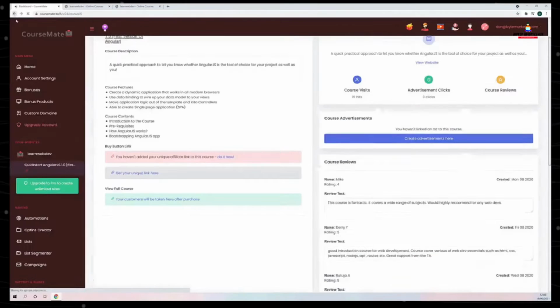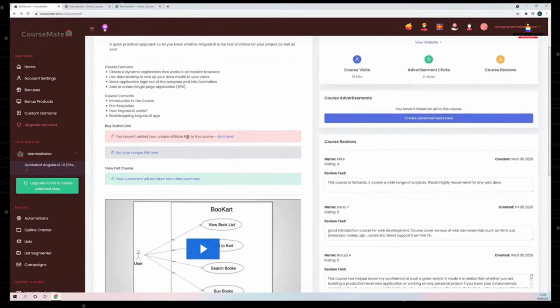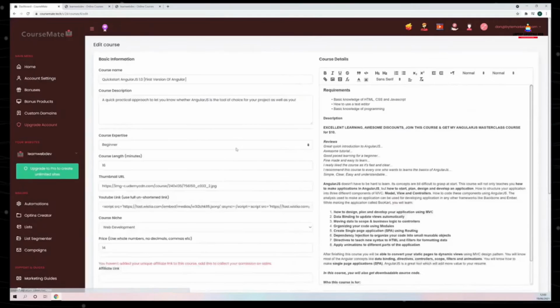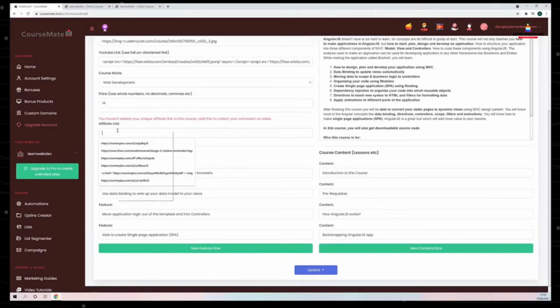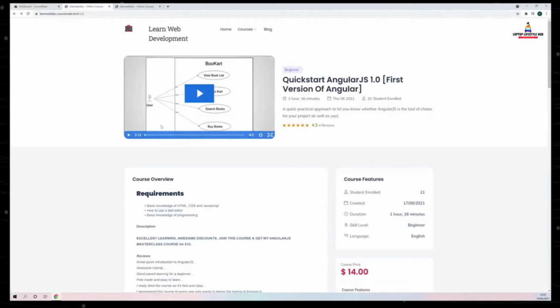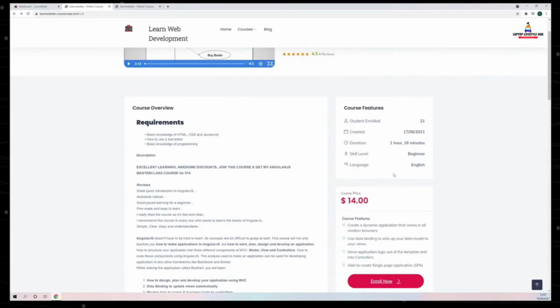Then we head back, and incidentally, you are auto-approved at 100% commissions, so you get 100% of the commissions anytime someone buys. Then all we need to do is go and add our link in. So we go and add it in here. So we paste it in here. This is our affiliate link. We click update. Okay, so this is the course here, and you can see now that our affiliate link has been embedded in here. So now anytime someone buys this course by clicking the button, we now get 100% commissions for the sale,